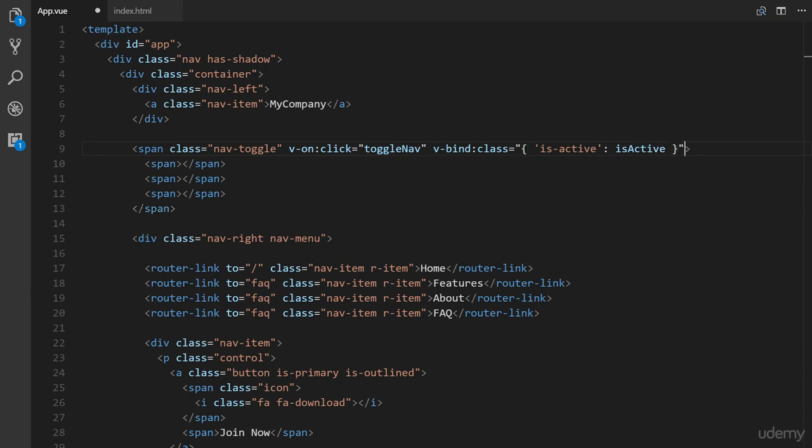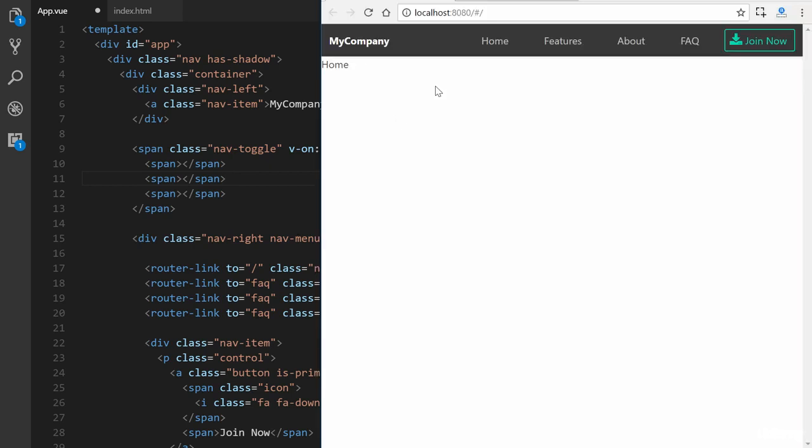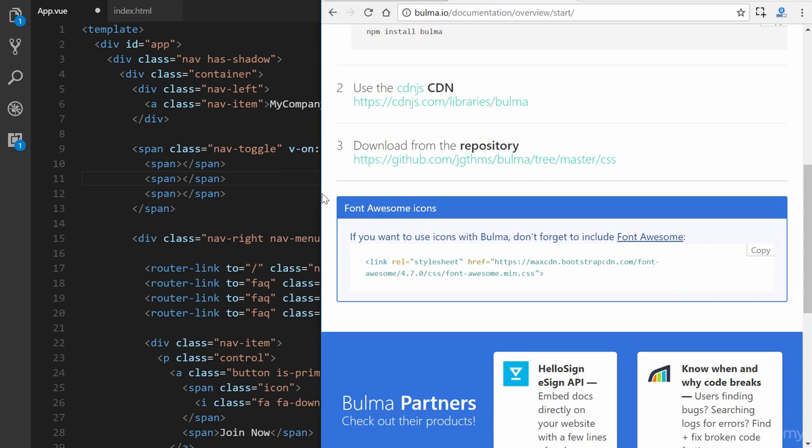And that's a property that we will set in the component class. So what's going to happen here is when this is clicked, it's going to add or remove is-active from this class right here. And the reason we do is-active is if we refer back to our documentation of